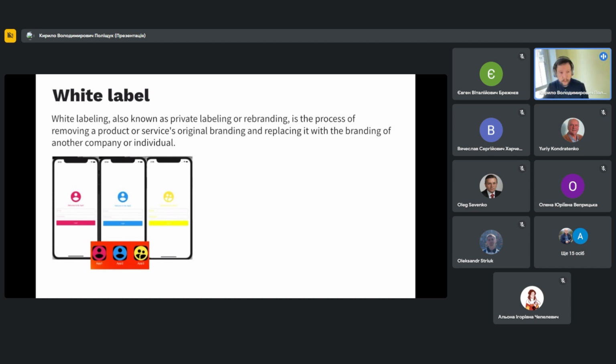Then company B wants to sell this project, but it wants to sell it with its own branding. They want to change the software a little bit, still have the same functionality, but with another mask, another region, another visual part. And here is where white labeling comes out. So company B asks company A to provide the same functionalities and the same application, but with the branding of company B. So that's quite challenging stuff for designers, because